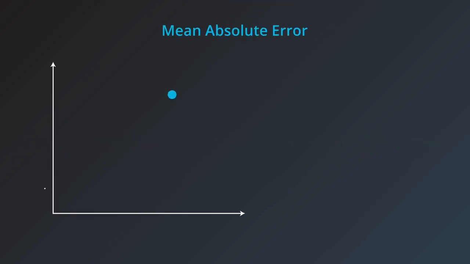So here's our point and our line. The point has coordinates x, y, and the line is called y hat since it's the prediction. So our prediction for this point is going to be the point in the line with the same x coordinate as our point, that is the point x, y hat. This means the vertical distance from the point to the line is y minus y hat, and that's what we'll